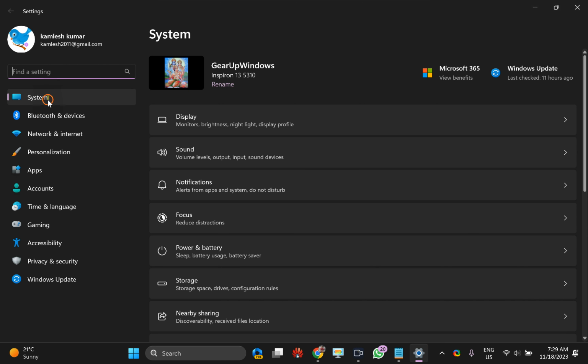You can see the home settings page is no more available in the Settings app.